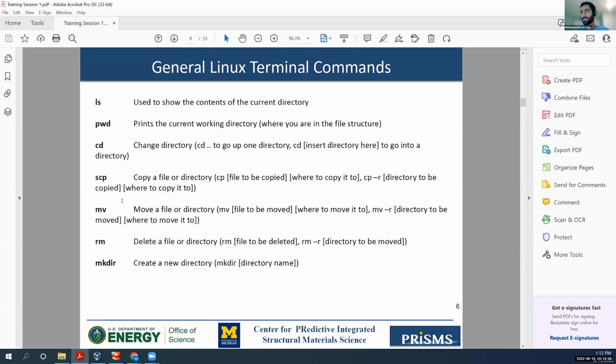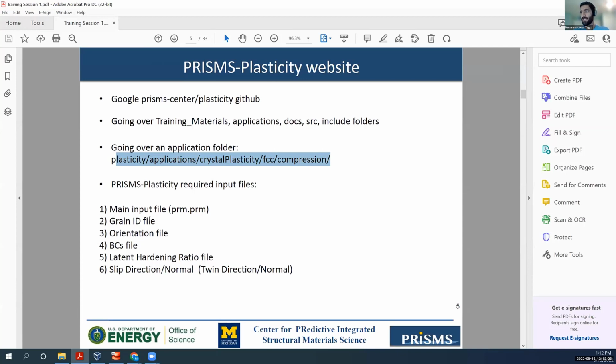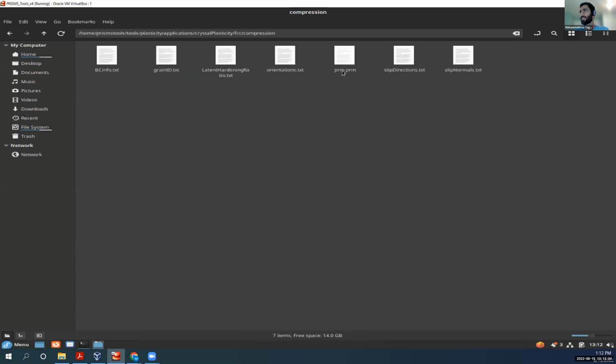So the first set of files are prm.prm, which is the main file here. And then you would have boundary condition info, which is the boundary condition you're applying; grain ID, which is the grain ID; latent hardening, which provides information for latent hardening within that material; orientation, which is the grain orientation for each grain ID; and slip direction and slip normal, which is crystallographic information for each slip system. I will go over each of these one by one to give you full details of what are the